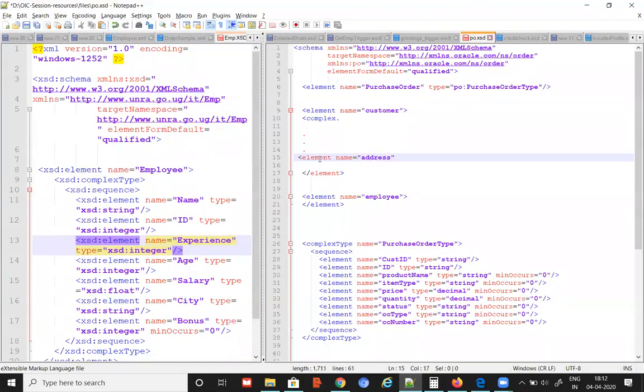Then type. Type equals PO colon address type. So this is a complex type. Let me just copy this one. This also.